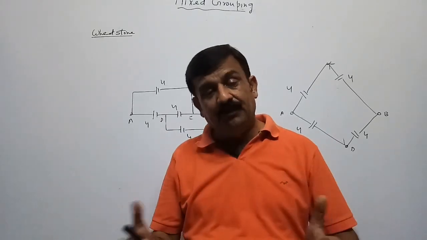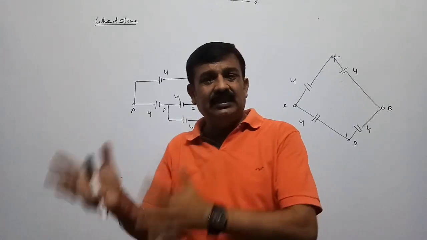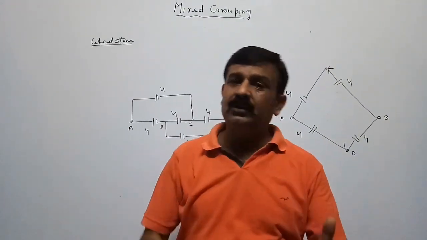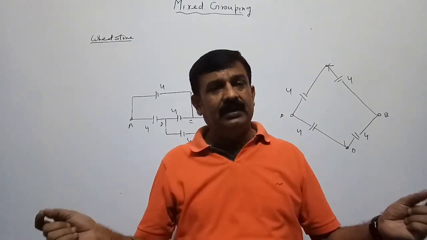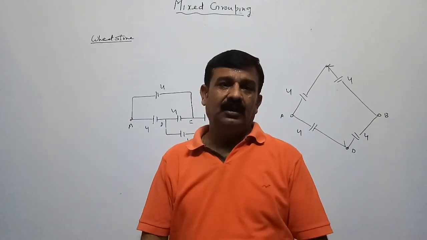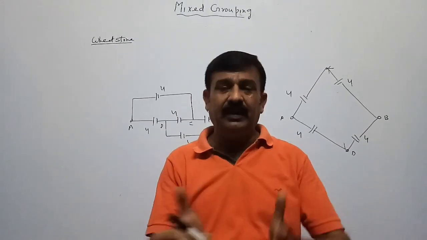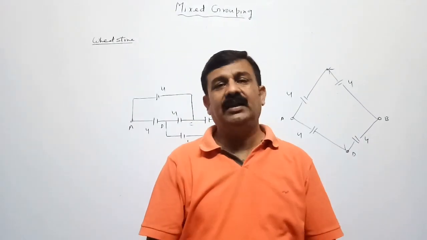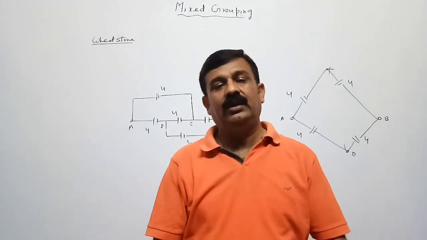Or such types of circuits in which we are not in a position to guess which one is in series and which one is parallel. In such circuits there is more than one entry point or more than one exit point, so we can't apply the stretching method. Then how do we find the net capacity of those complex circuits? For it we always apply Kirchhoff's law, and that Kirchhoff's law we will discuss in our next video lecture.